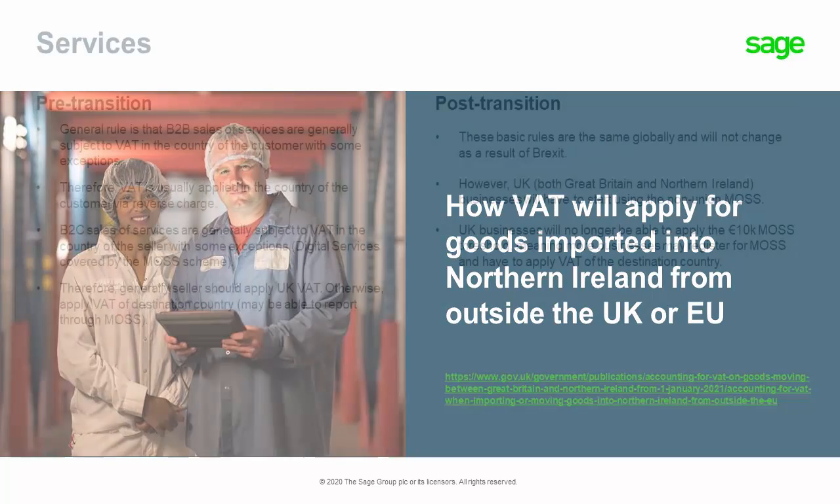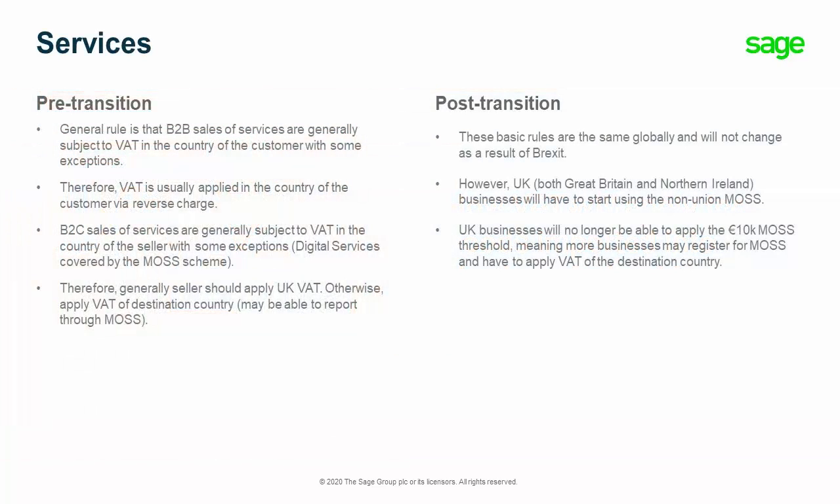Moving on to services then, and before the transition, the general rule is that business-to-business sales of services are generally subject to VAT in the country of the customer, with some exceptions. Therefore, VAT is usually applied in the country of the customer via reverse charge. Business-to-customer sales of services are generally subject to VAT in the country of the seller, with some exceptions. Digital services covered by the MOS scheme, for example. Therefore, generally, the seller should apply UK VAT, otherwise apply VAT of the destination country, which you may be able to report through MOS. Post-transition, these basic rules are the same globally and will not change as a result of